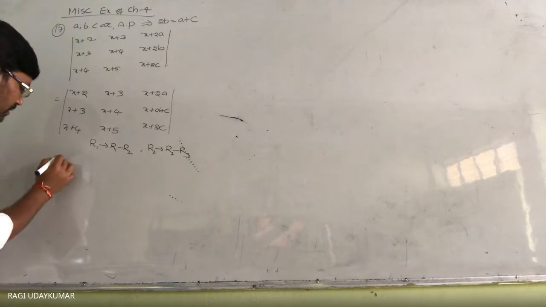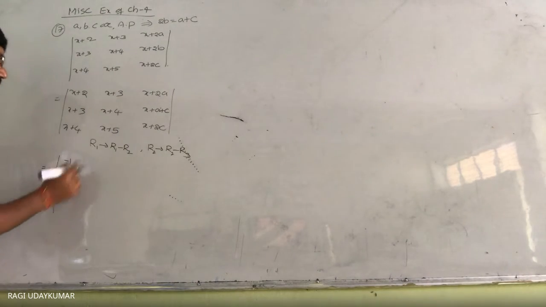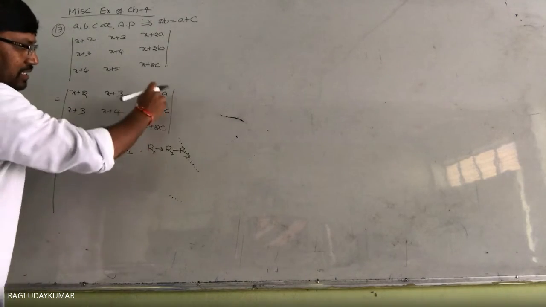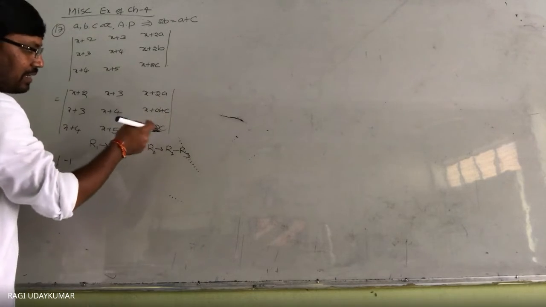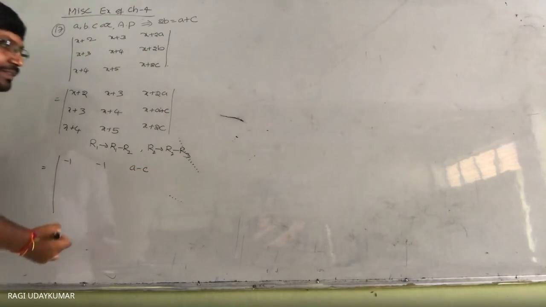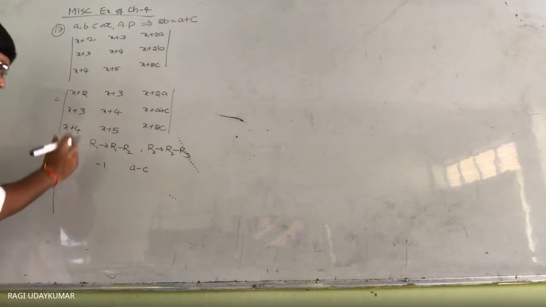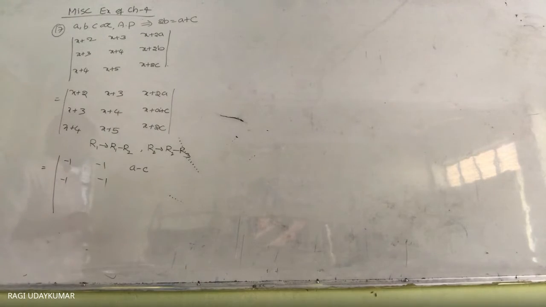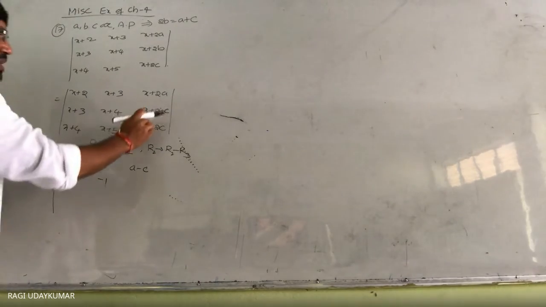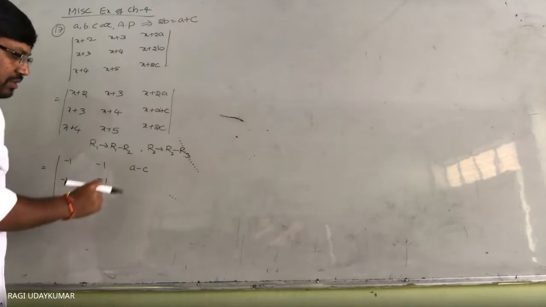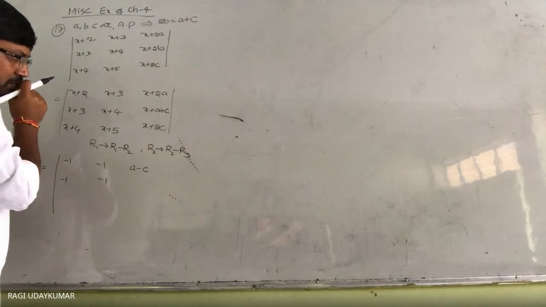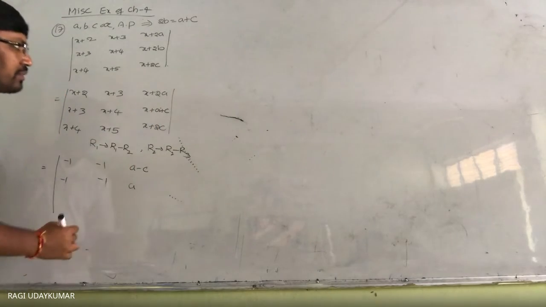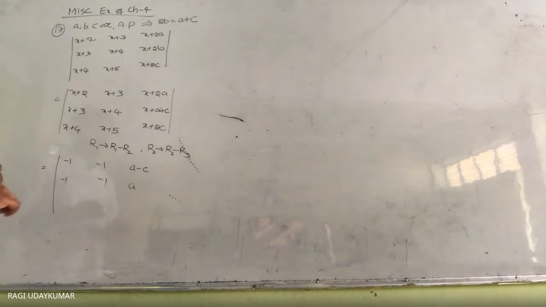So what you get here? ये minus ये इधर minus 1 आ जाएगा. This minus this इधर में minus 1 आ जाएगा. This minus this x will get cancelled. 2a minus ये आएगा, ये minus c आ जाएगा. R2 tends to this minus this. Here also minus 1. This minus this. Here also we will get minus 1. Okay. And this minus this. What do you get here? A ये आएगा. Yes, A minus C आ जाएगा.